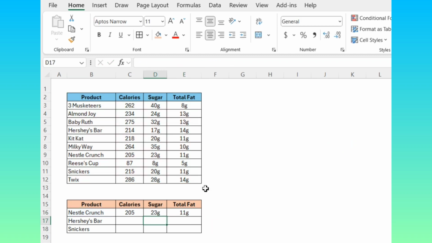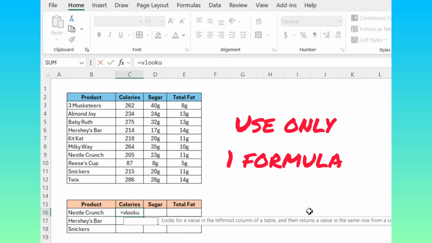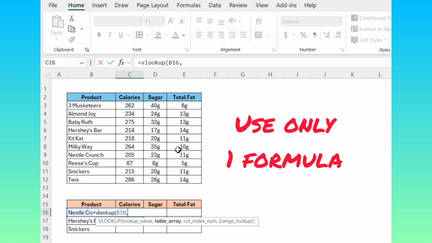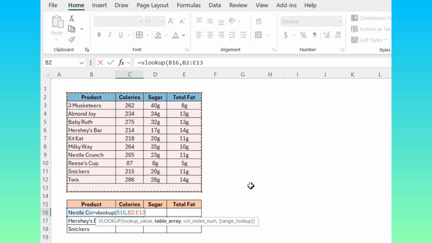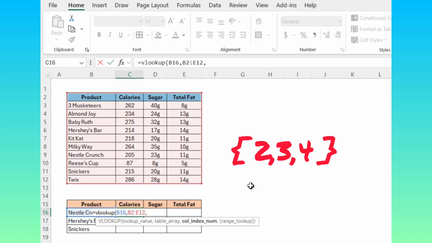and then you might drag your formulas down to complete your table. Instead, you can use one formula to return the data. So in the first cell, use the same VLOOKUP formula, but where you would return column 2 in the previous one, this time you're going to use the curly brackets, and you're going to return columns 2, 3, and 4